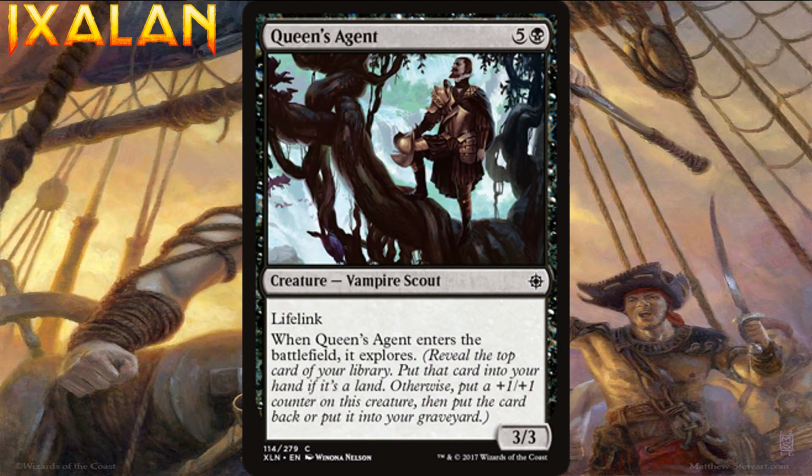Next, we have Queen's Agent, which for 5 generic mana and 1 black is a 3/3 Vampire Scout at common. It has lifelink, and it says, when Queen's Agent enters the battlefield, it explores. Black's creatures with Explore so far all seem a little overcosted. 6 mana for a 4/4 with lifelink and some card selection, or 6 mana for a 3/3 with lifelink and you draw a card. Neither is bad, but neither is all that good either. 6 mana is a lot for a creature like this. I want a creature who really impacts the game when I get to 6, and I think I actually see myself avoiding playing this in all but the most dedicated Explorer or Vampire decks,